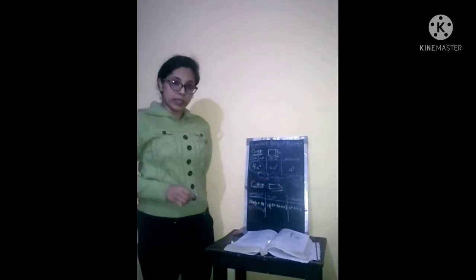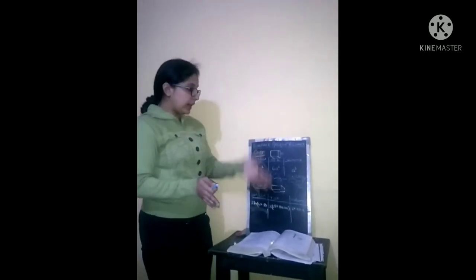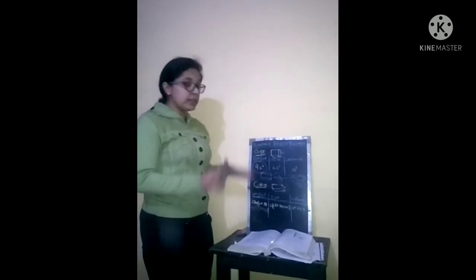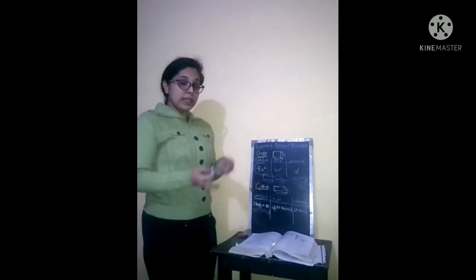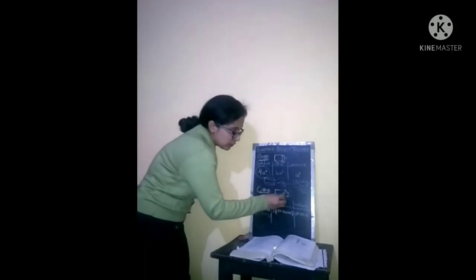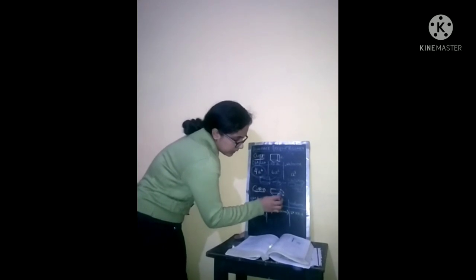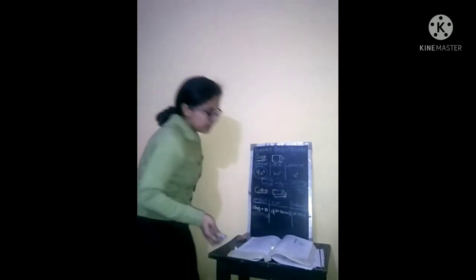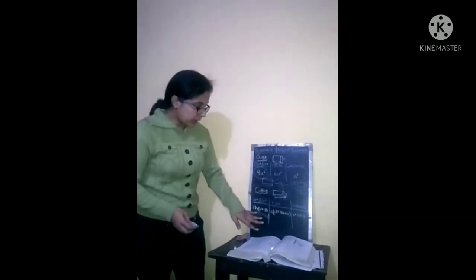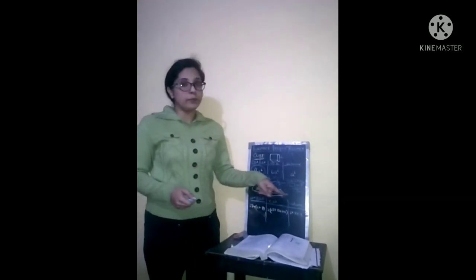This is cuboid. Cuboid also has 6 faces like the cube, but the difference is that a cuboid doesn't have equal edges. It has different length, different breadth and different height. It has 3 dimensions. This is length, this is breadth, this is length, this is breadth and this is height. Here I have written 3 formulas for finding out the curved surface area, total surface area and volume of the cuboid.